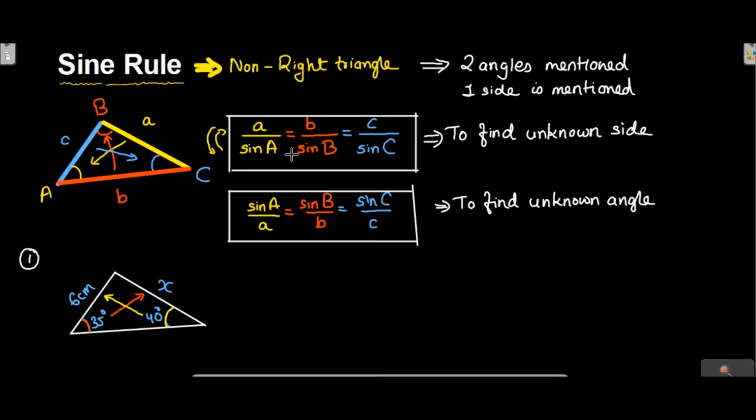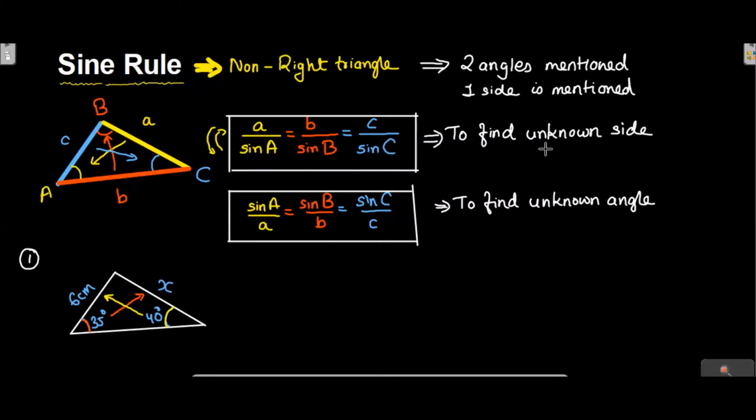The formula is telling you A, B, C. We don't have to worry about all the three letters A, B, C. We have to take only two to compare. All three is not required. Just take two, either A, B or A, C, like that, and you compare. Okay. Now, how to use this?